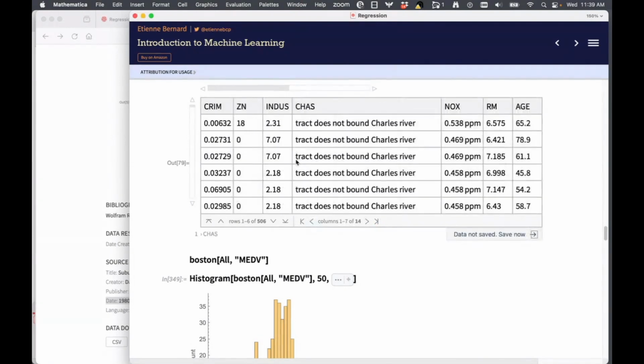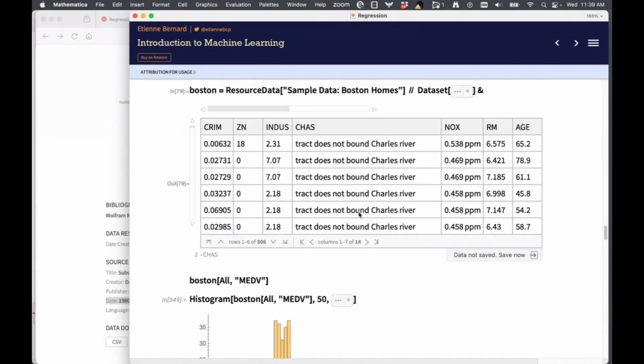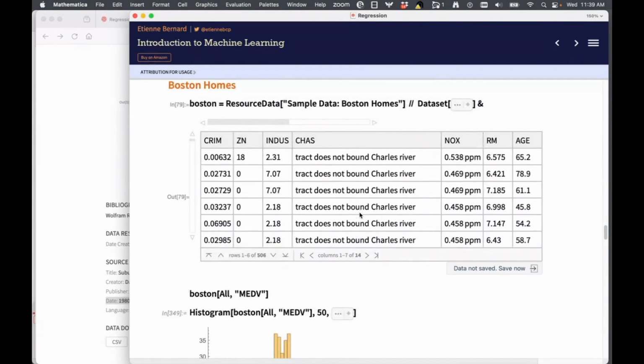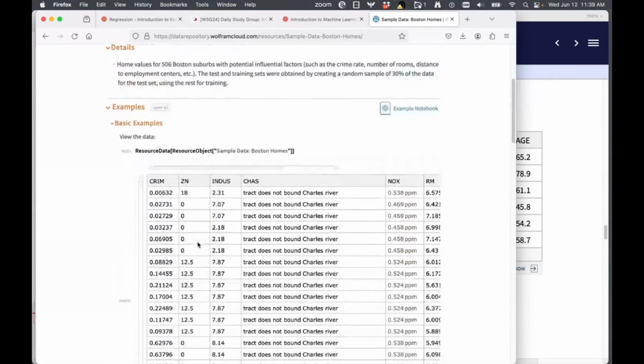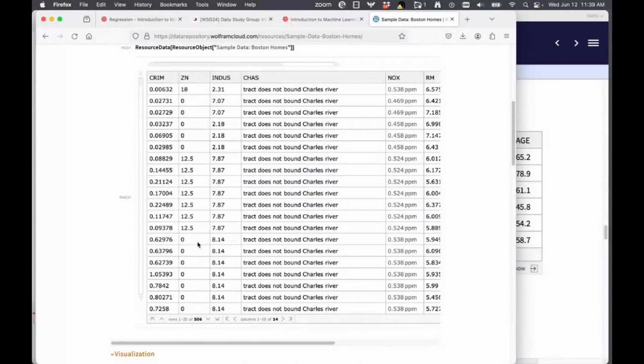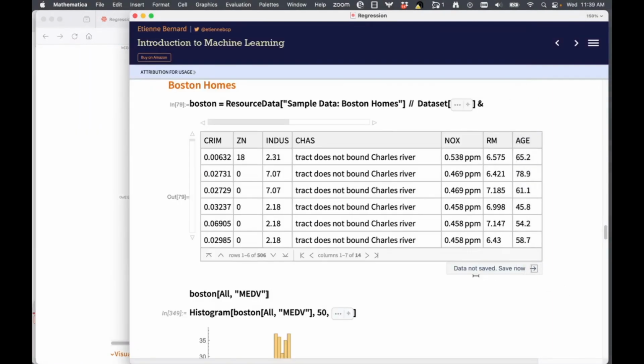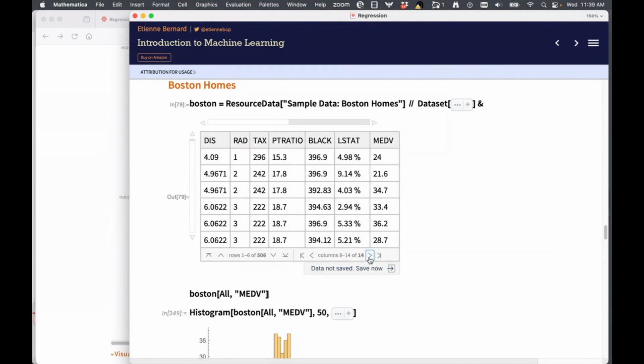And I can already, when I import the data in a data set, again, we are lucky here. We don't have to do anything like data cleaning, because being a data set from the repository, someone has taken the trouble of cleaning up the data set, putting it into a nice computable structured format, and I can just pull it in and work with it. I can already see that there are 506 samples here, rows 1 through 506, and I can see it has 14 columns.